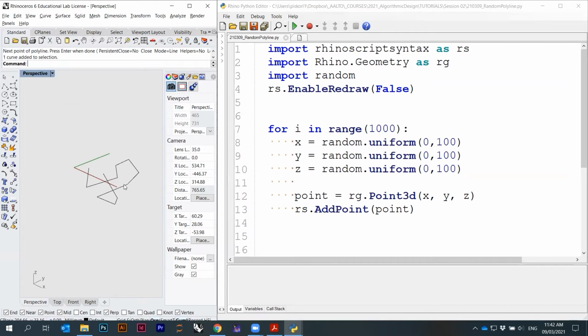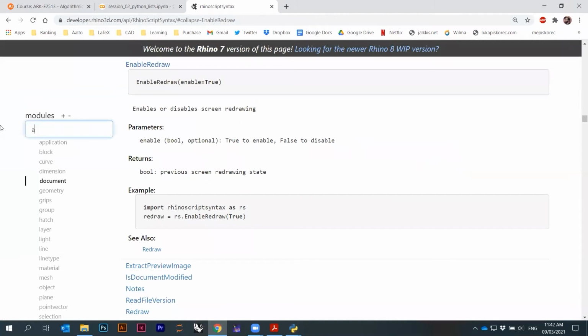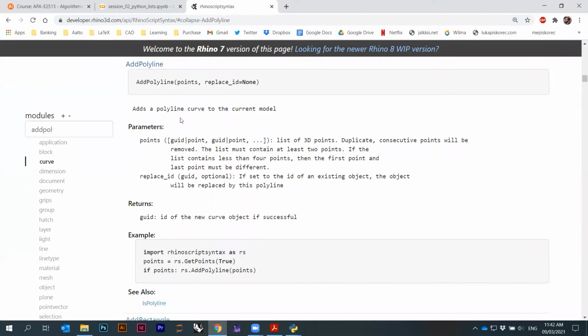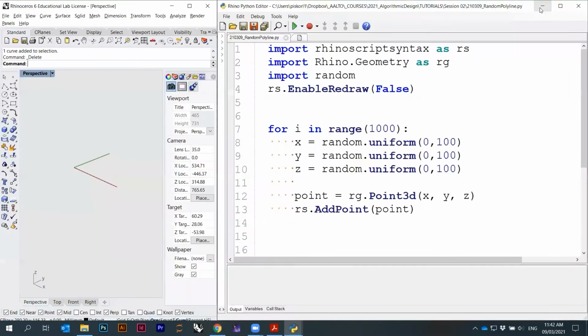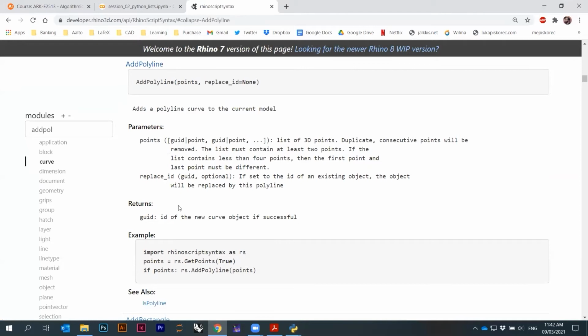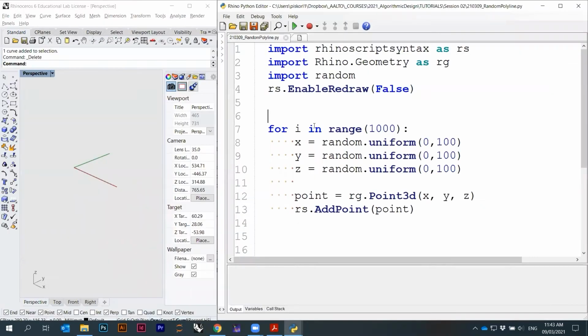But in Rhino, there's a function called add polyline. It's here, add polyline. This says it adds a polyline curve to the current model, and I need to give it points. The trick is that I need to first create all the points, and then I can run this function only at the very end to create the polyline. So I need to somehow store these points before. At the very end, I can say polyline equals